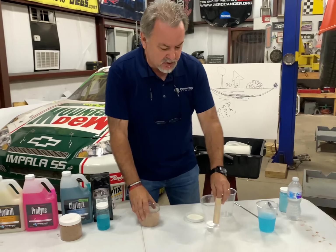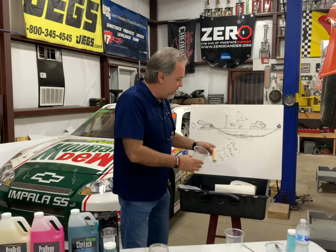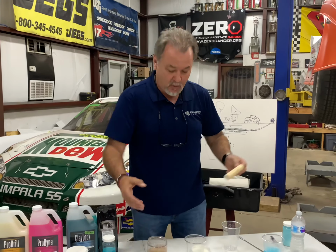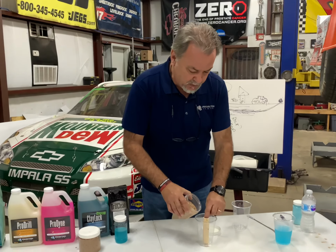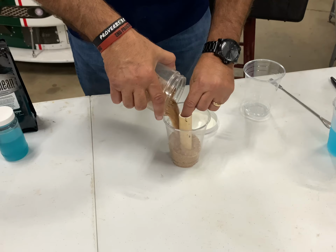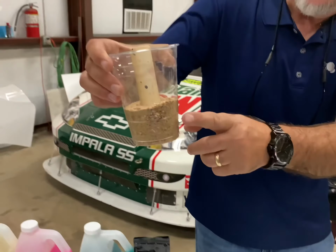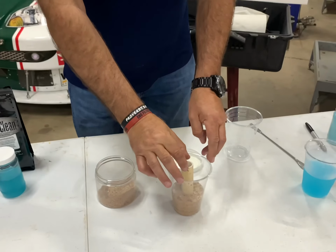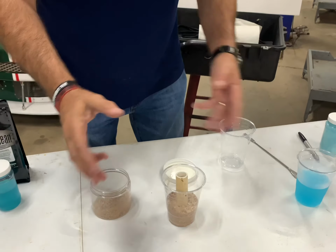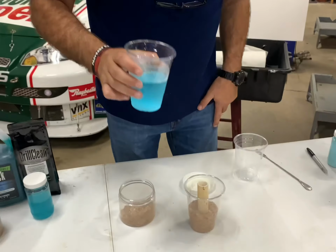So let's do this again. We're going to take our drilling pipe again, and we're drilling through sand, pretending this is sand. We saw a while ago without any chemical what happens. So let's put our drill pipe back down there and fill this back up. And again, you see how if I pull that out like a while ago, it would do the same thing, it just collapses. Now, we simply take our chemical that we just mixed,